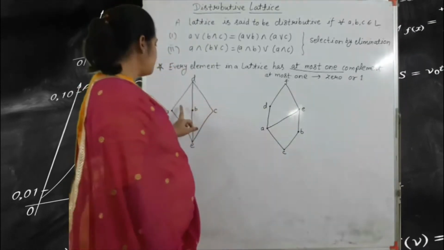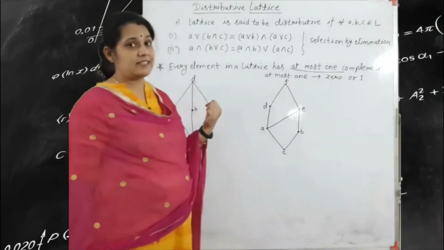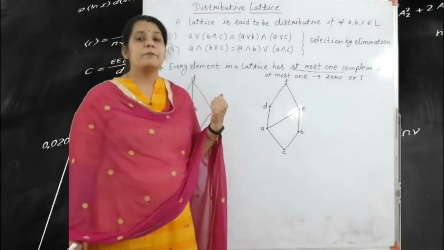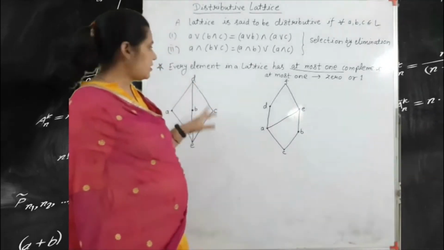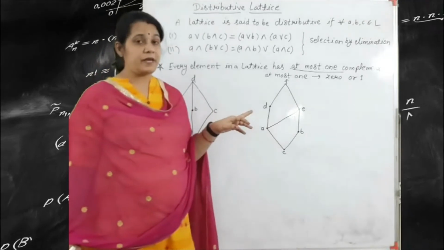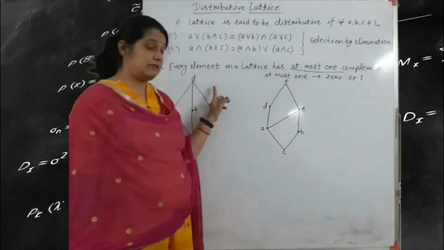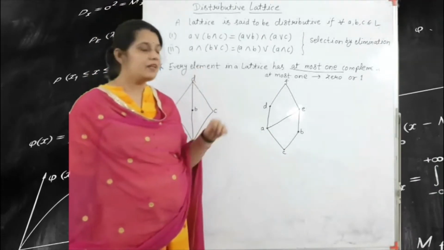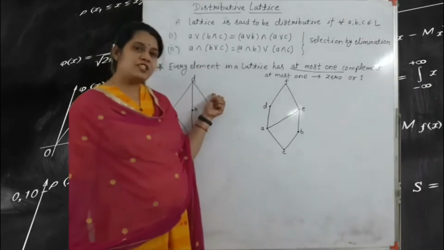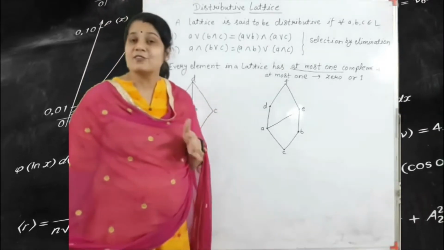Here we are given a Hasse diagram. You can say that this is a Hasse diagram because there is a single top and a single bottom. But a single top and a single bottom alone do not make us sure that this is a lattice. We have already seen different types of examples. At first sight you can say that this is a lattice, but this is not a lattice.